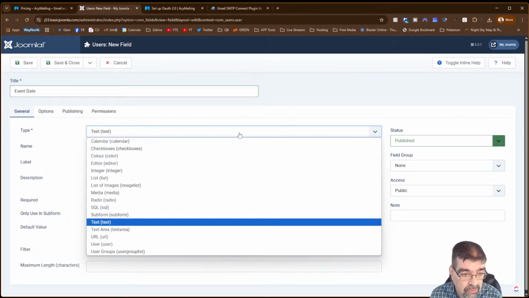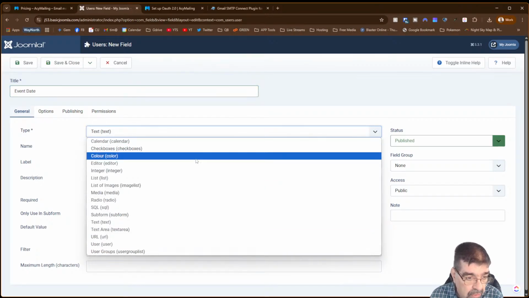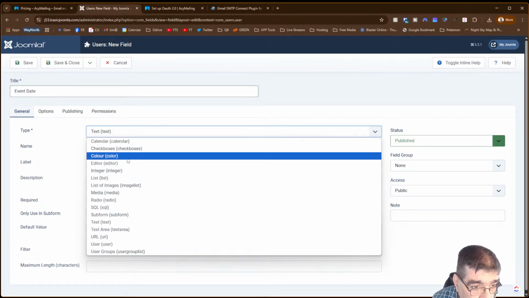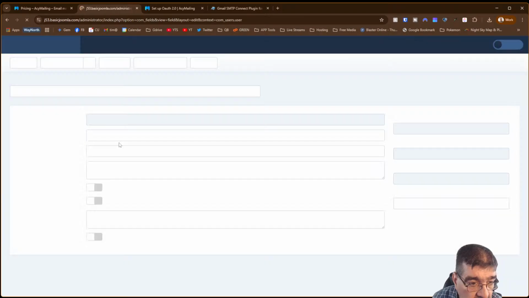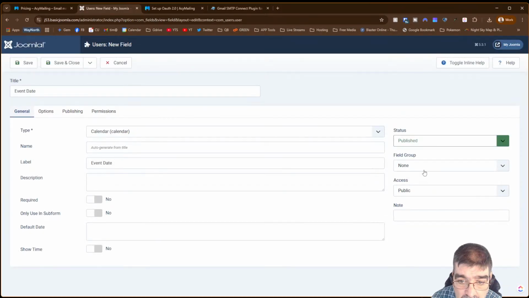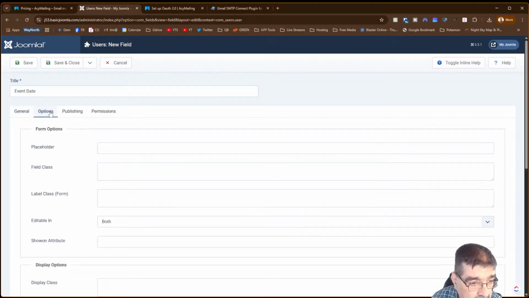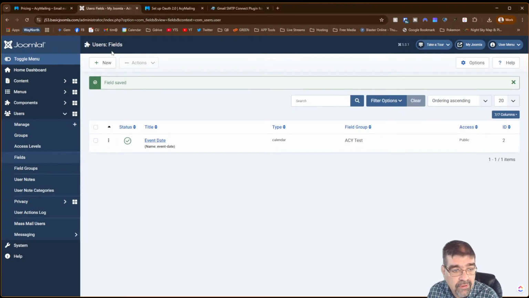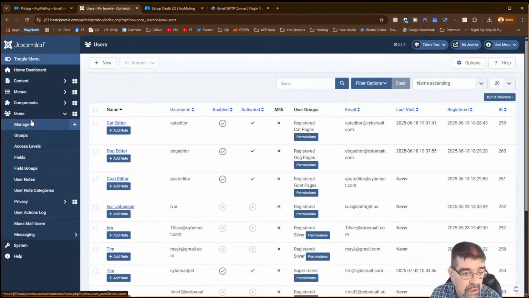And we're going to go to, do we actually have a date for user here? Checkbox, media, date. Oh, what would this be? Calendar. Yeah, calendar. Okay. And we're going to put this in ACY test. And we're going to let that auto name. I think that's what we're going to do. All right. So now when we go to the user manager, manage, and we go to cat editor,